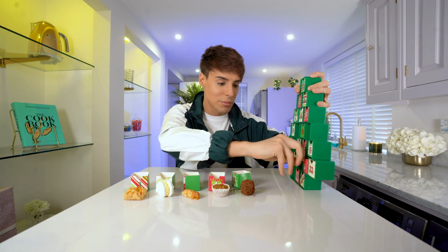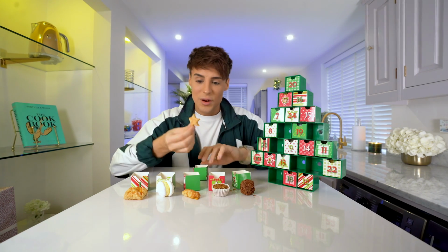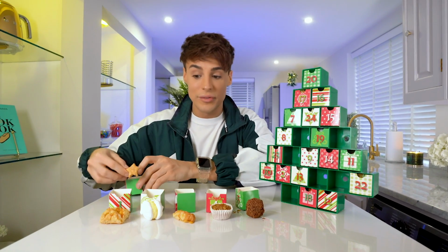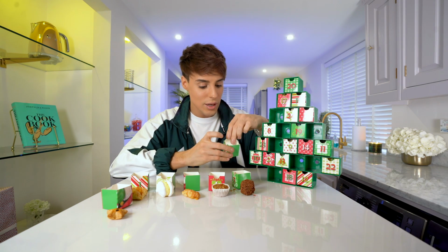Should we move on to day number 6? This is just puff pastry with seaweed on top. When I think of Christmas, I think of seaweed. Day number 7, let me guess. No, not chocolate. It is,